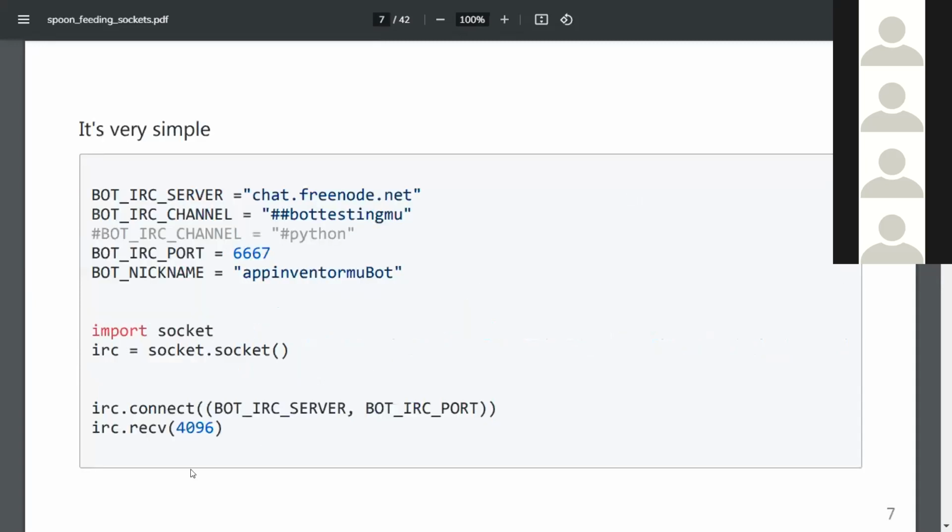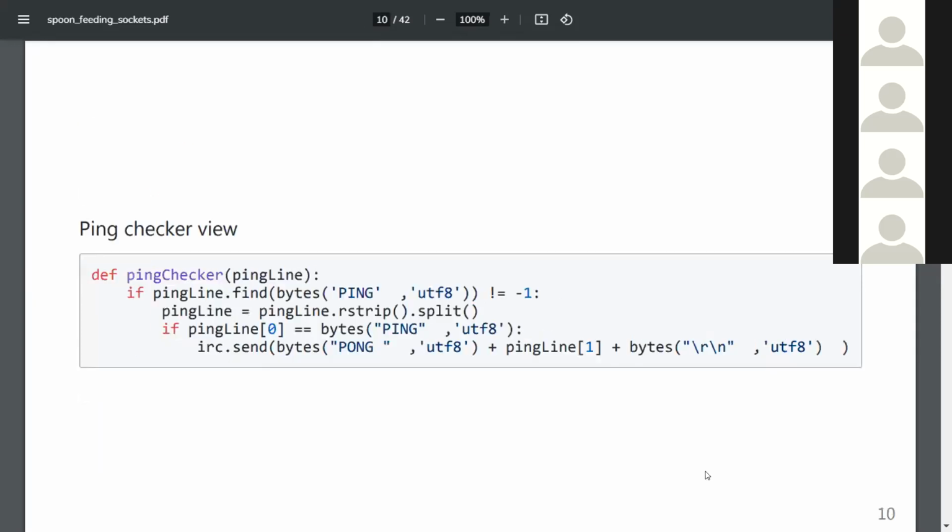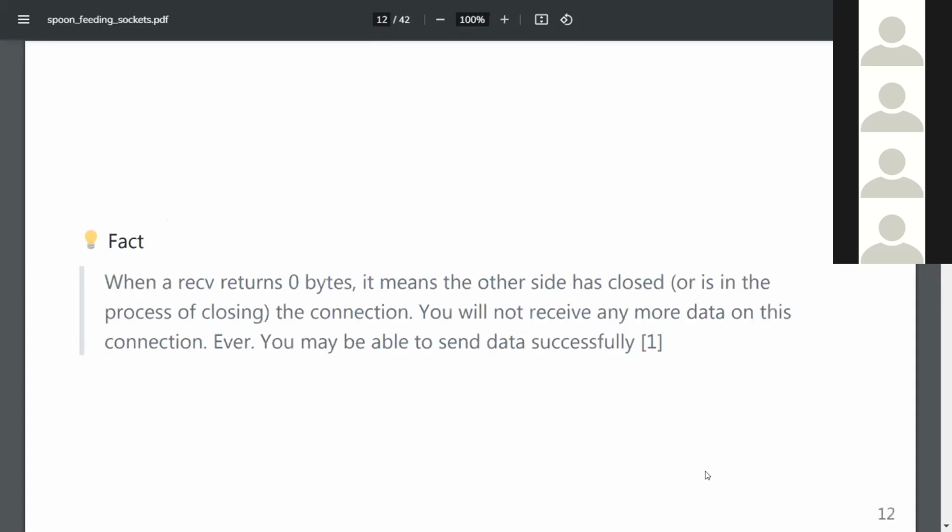Here you will see socket.recv. When the socket receives 0 bytes, that means, for example if we're connecting to a server, that we won't get any more messages.